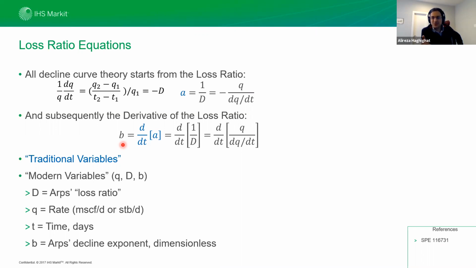So we need to know two important things for decline curve analysis. First, the decline rate, that tells you how the rate declines over a time period. And secondly, the B factor, which tells you how the decline rate changes versus time. So we need to know those two parameters in order to make decline curve analysis and use